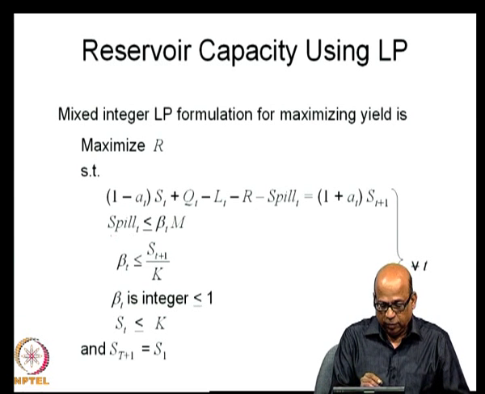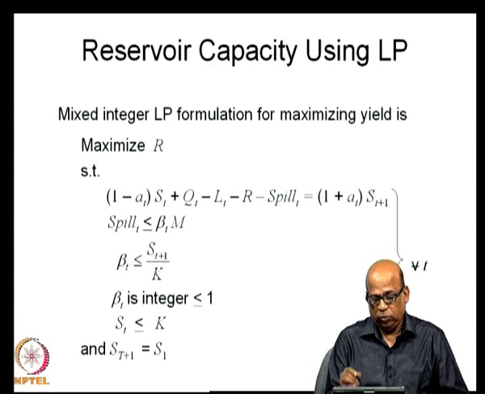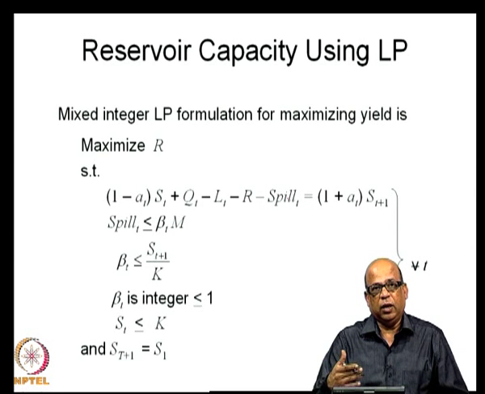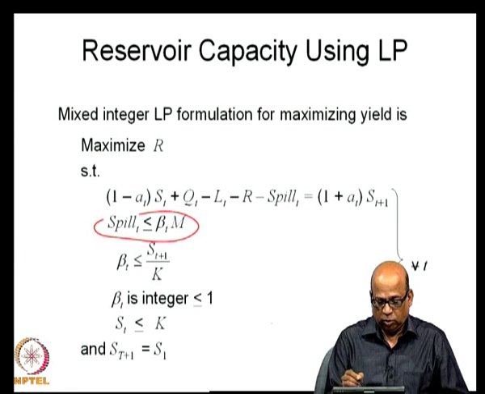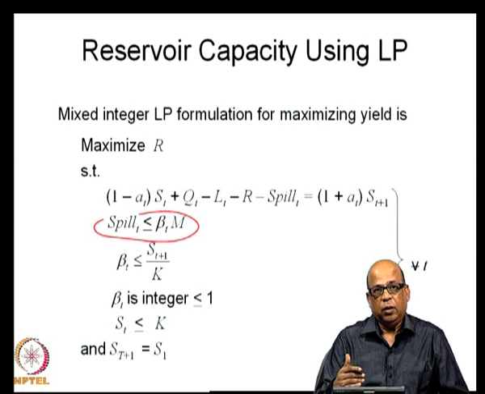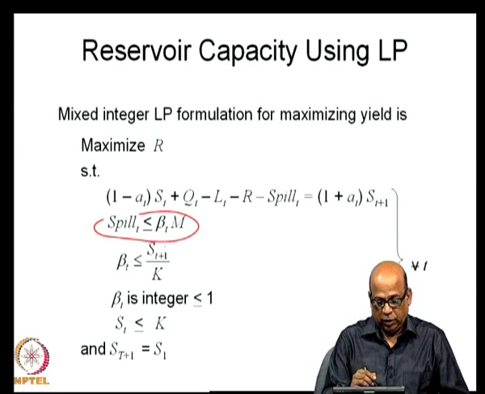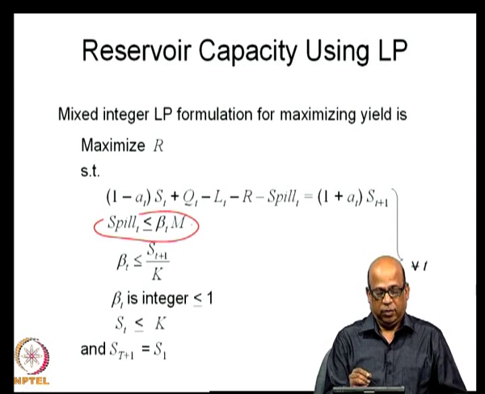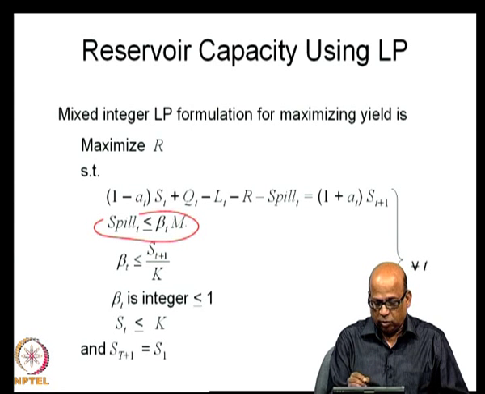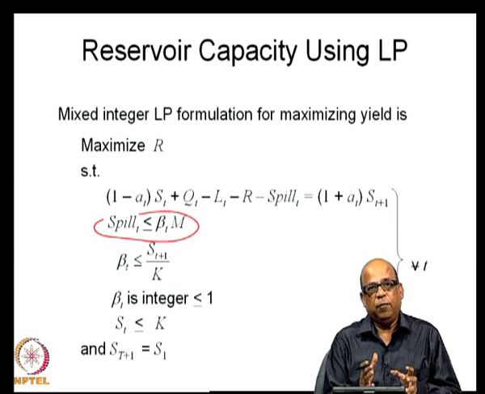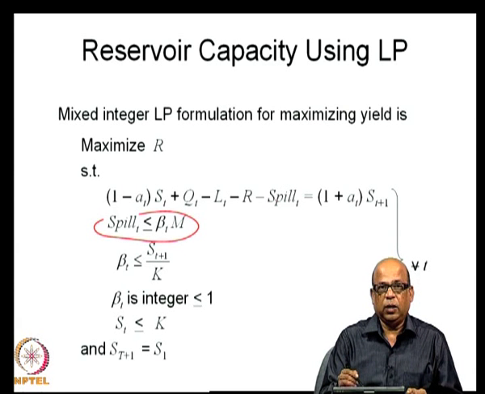You can examine deleting this constraint, and see what happens to the spill t. By trial and error, you can just delete this constraint and resolve the problem to see what happens to the spill t. We are sort of fooling the problem by introducing this, to make sure that this constraint as an equality constraint is exactly met. When you put beta t equal to 1, spill t will be less than or equal to a large quantity, and therefore, you are building in a flexibility to make sure that you fill up the spill t exactly.